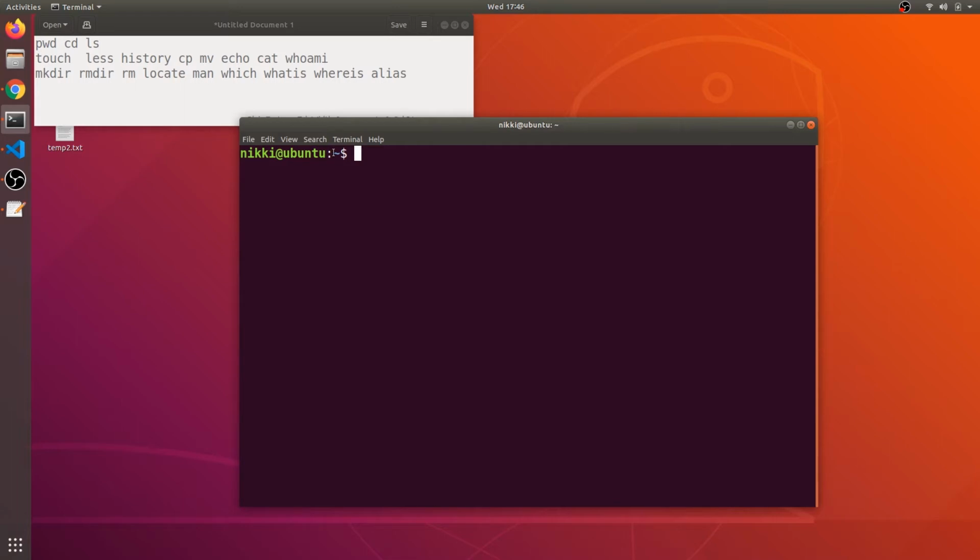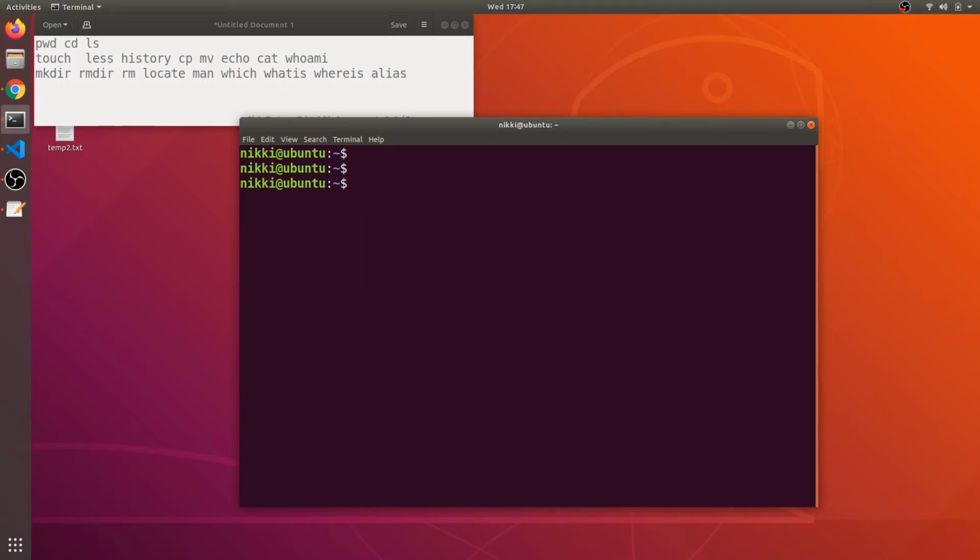And there is this tilde symbol. We will talk about it in a few moments. And this is the dollar. Dollar indicates the shell. And you can see, if I hit enter, there will be a cursor blinking, and this cursor blinking means that the shell is waiting for us to enter commands.